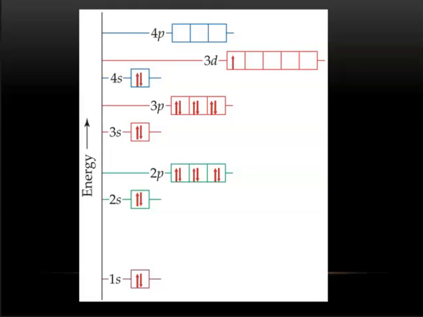3d. All right. It's a degenerate set. So one at a time, all 5 of them. And then pair them up. And then last, 4p. Those 4. And there we go. There's all 36 electrons. All right, when all of the electrons of your atom are in the lowest possible orbitals,